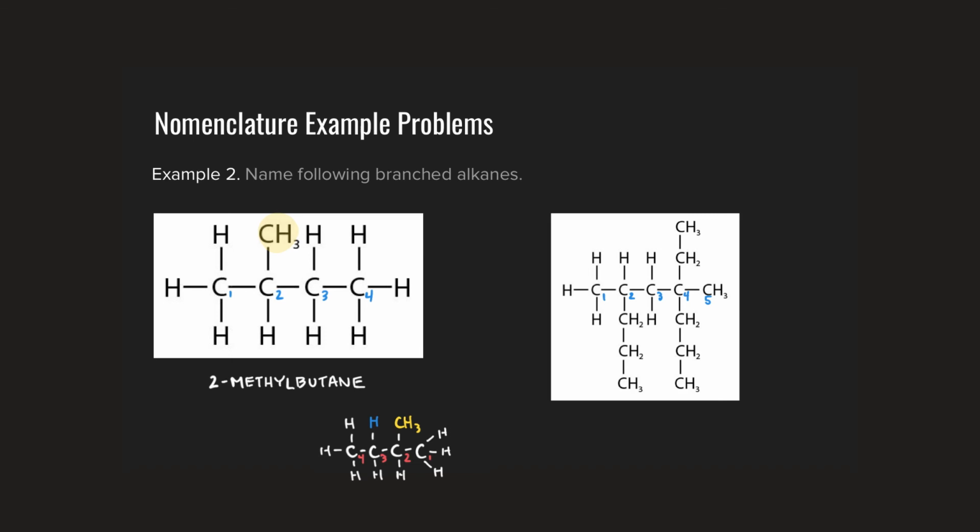Because remember, these are not just linear molecules right here. These molecules all have tetrahedrally bonded carbons again. It's also not that up and down chain there of 1, 2, 3, 4, 5, 6 I see, because again, what looks like a 90-degree angle really isn't a 90-degree angle. It's just a tetrahedral arrangement around that carbon, as all of them are. So if I look for the longest chain I can find here, recognizing that what looks like a bend really isn't a bend in the same sense that it looks drawn on there, I actually see a